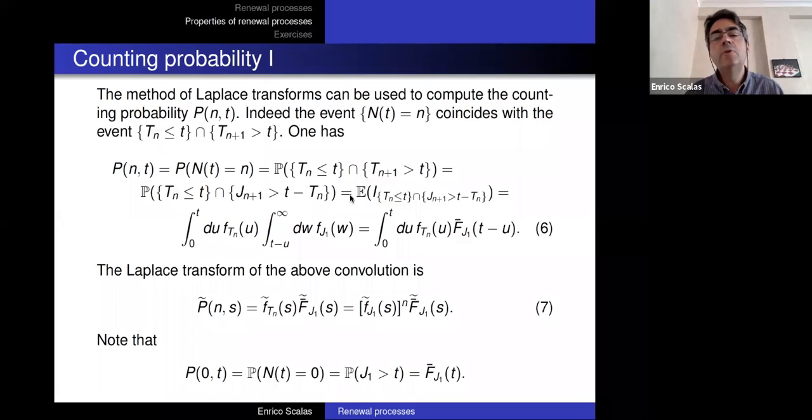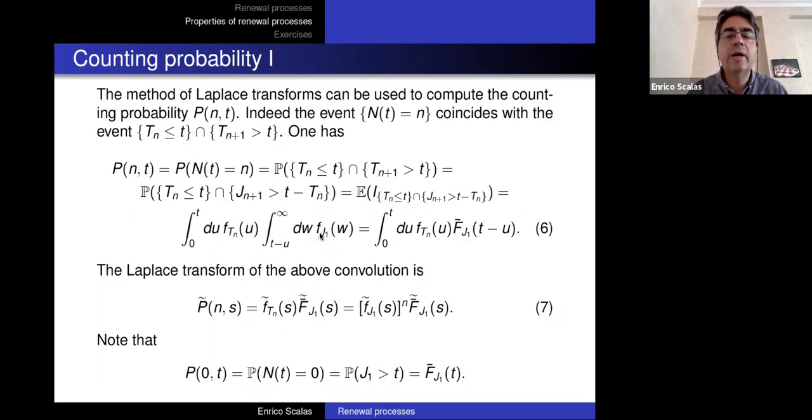And now I am using another trick, namely that the probability of a set is equal to the expected value of the indicator function of the set. This is easier to understand: this probability is given by this integral, which is exactly the expected value of the indicator function of the set,